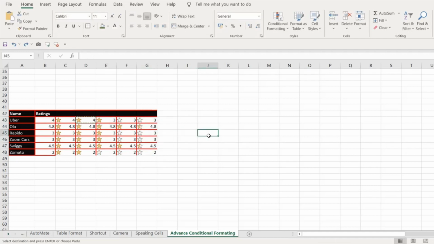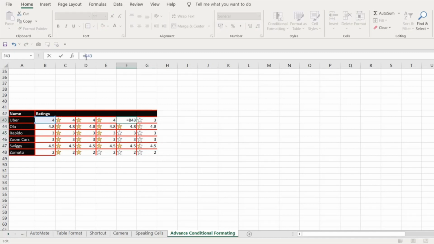If you do it like this, the condition will also get updated. Let me update the values in each and every cell, so that conditional formatting is not disturbed.